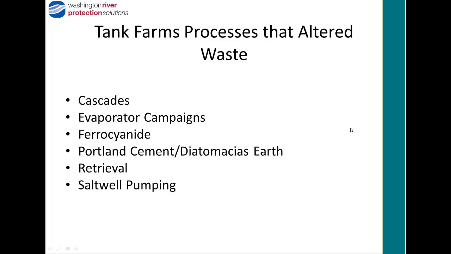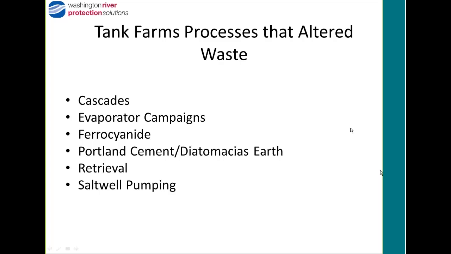My staff wanted me to have a set of slides just on that to show the complexity of that. That's something they're all involved with right now. I decided not to do that because there wasn't a lot of time. But salt well pumping is something we did. We have a lot of older single cell tanks that